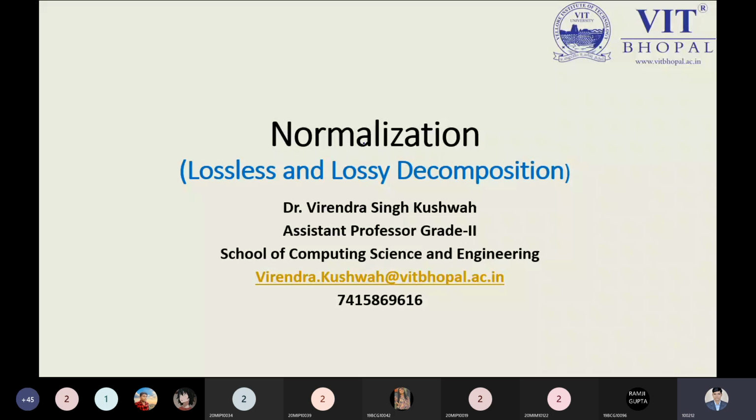After understanding the normalization term, the concept of functional dependencies, the various types of functional dependencies, and the closure of functional dependencies and its various mechanisms, we have to understand decomposition. Because while breaking the table, is it guaranteed we are breaking our relation in a proper way? That is to be identified by lossless and lossy decomposition.